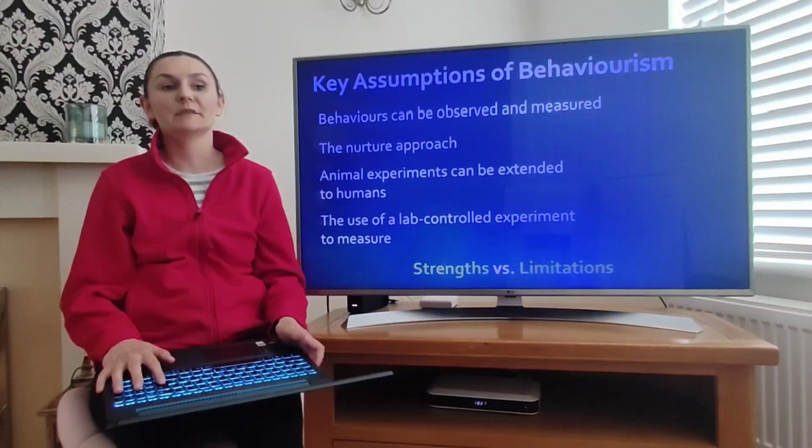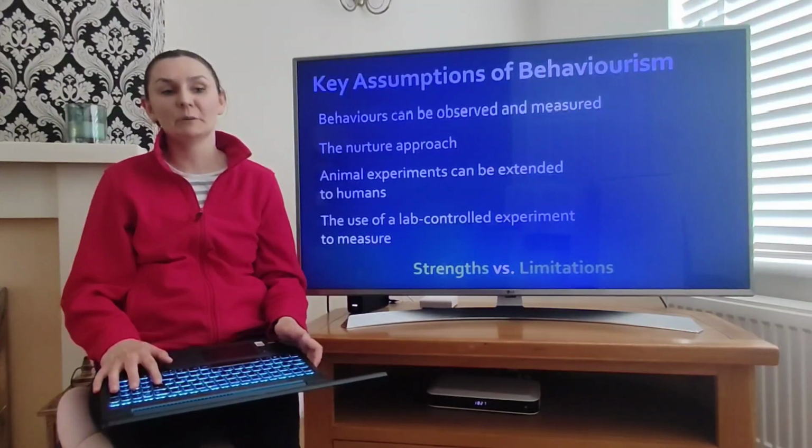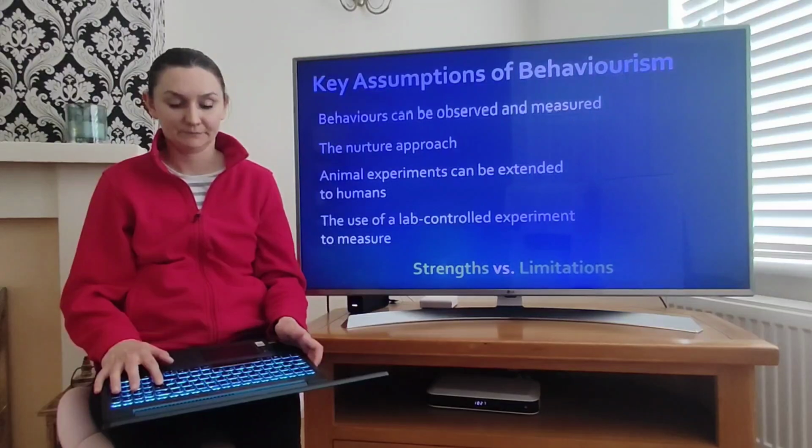The use of lab-controlled experiments to measure behavior opened a scientific approach in behavioral psychology. The main strengths of this psychological perspective are credibility within physical lab control and experiments, and a collection of the data to prove previous theories. The 2 central concepts were used to expand psychological treatment, for example, to treat phobias. Behaviorism's limitation is the exclusion of any other concept of psychological perspective, such as the biological approach, which defines the role of our brain in being responsible for our behavior.